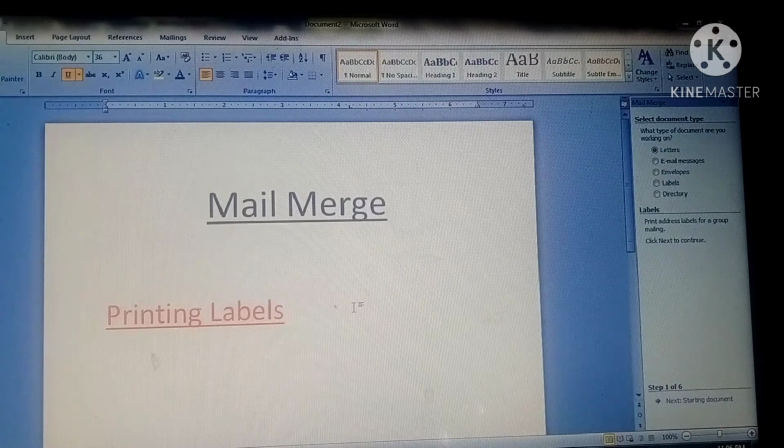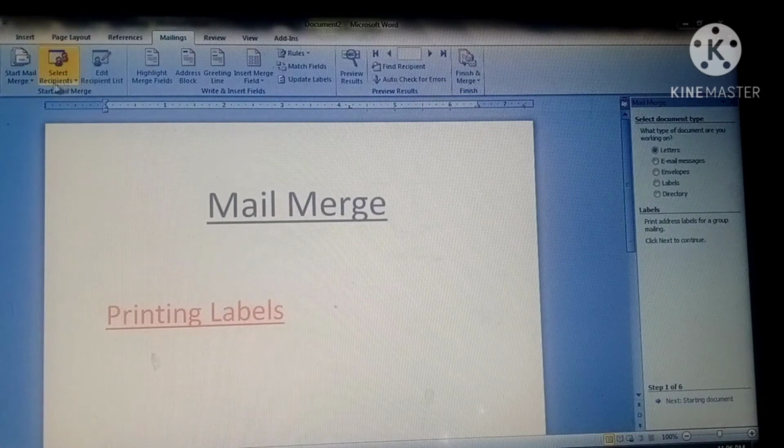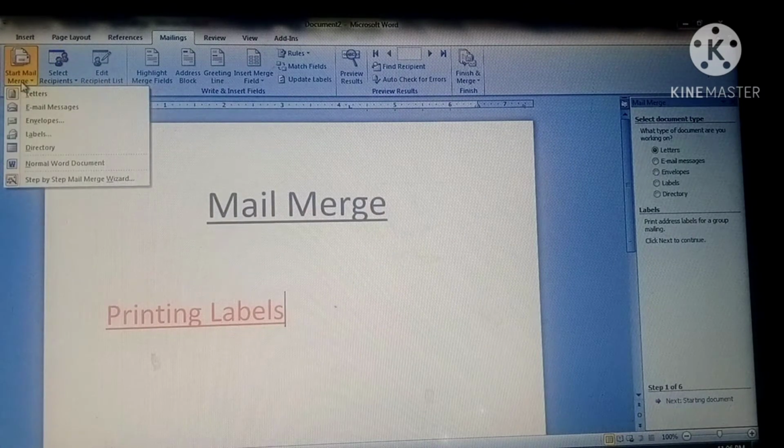So how can you use printing labels? For this, we will follow the same steps as we used in mail merge. First of all, you have to click on Mailings. Then go to Start Mail Merge, and the same steps: you will click on this button, that is Step by Step Mail Merge Wizard.